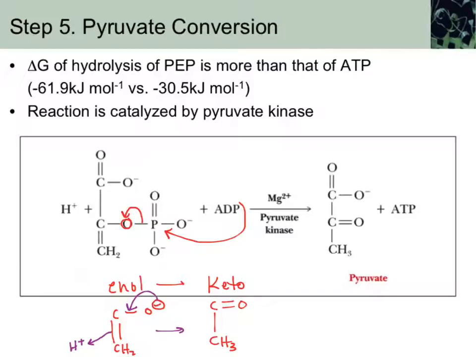The keto form is always thermodynamically more stable than the enol form, which then means when we kick off that phosphate, the structure says, hey, I'm going to go over to the keto form and be nice and stable. And we end up with our pyruvate. We transferred phosphate using our ADP-ATP couple, which then means kinase. And again, we're using a kinase. In this case, it's pyruvate kinase as opposed to